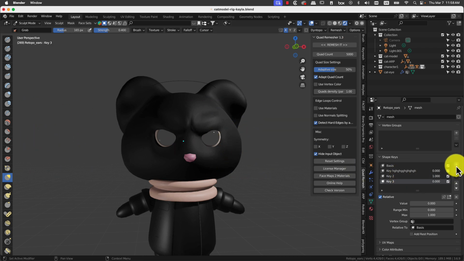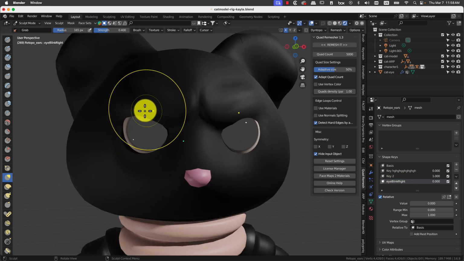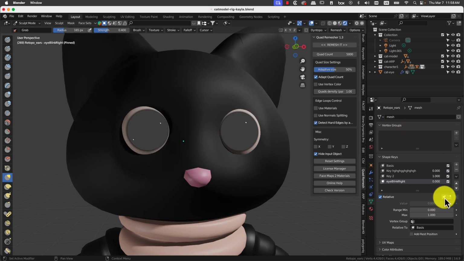So I will do an I blink right. I will do here, and I will name this key just like that. I blink right, and I will make sure that I'm eye blinking right, which in the case of this character is this part. So I will take out the symmetry, I will turn on the pin,